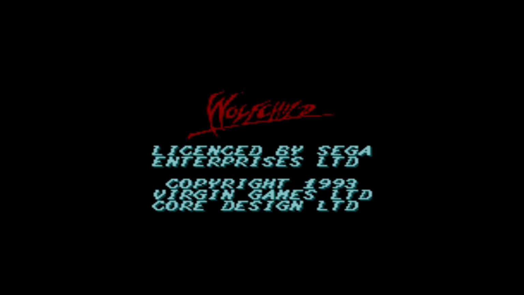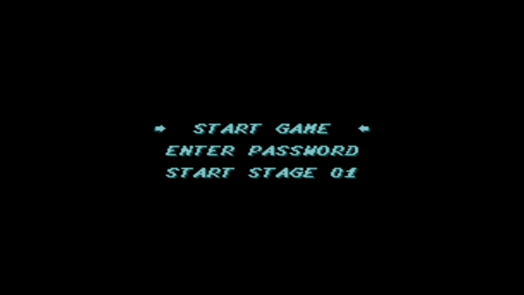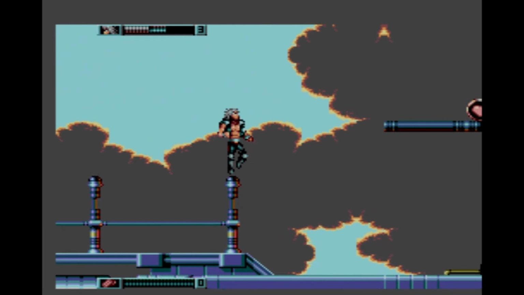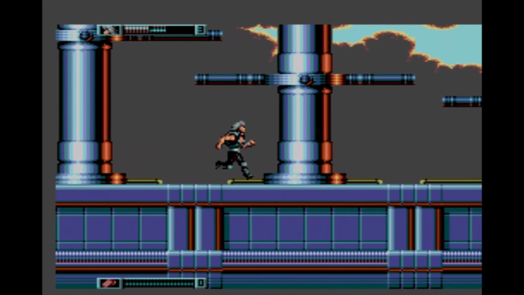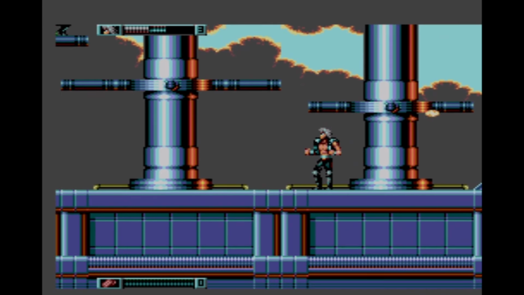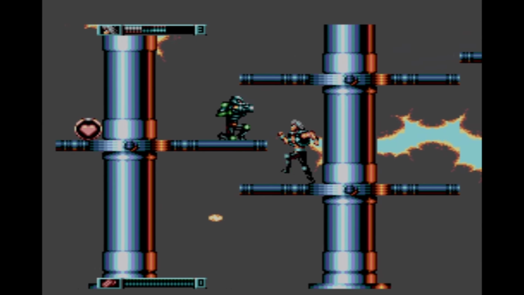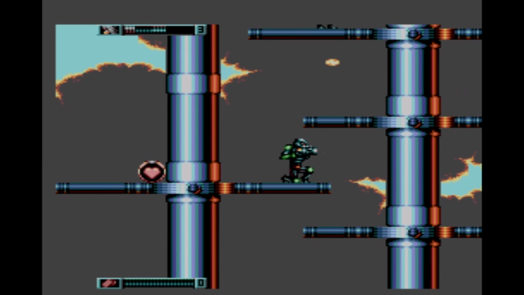So, the third spooky, scary game on our list today is Wolfchild. Now, again, it's kind of pushing the limits of being a scary horror game, but your character that you play in the game is, in essence, a werewolf, and you run around these platform levels punching and eventually shooting bad guys, and you collect power-ups and turn into a werewolf. To be fair, it's a pretty good game. It looks pretty decent for the Master System. It's got that nice sort of